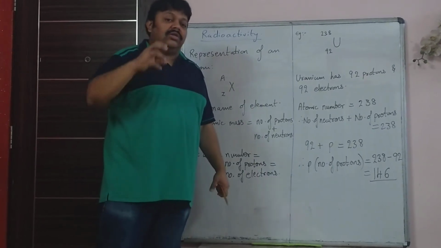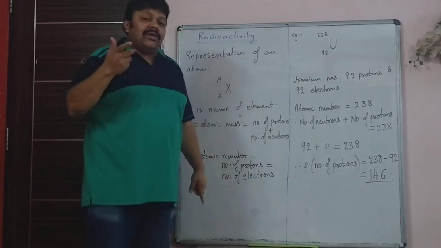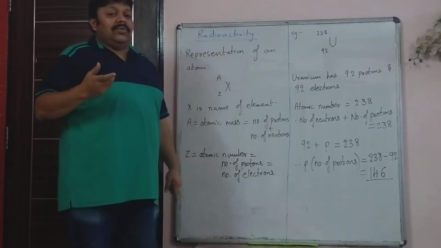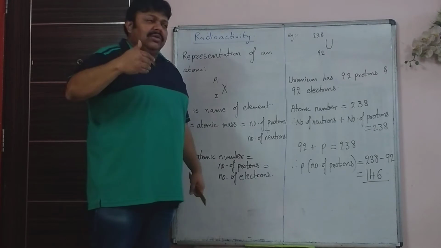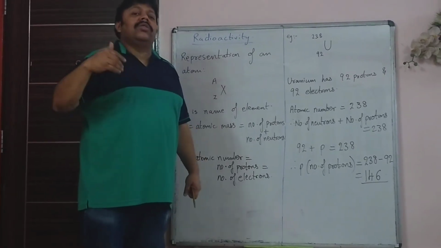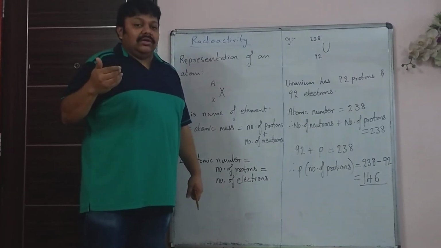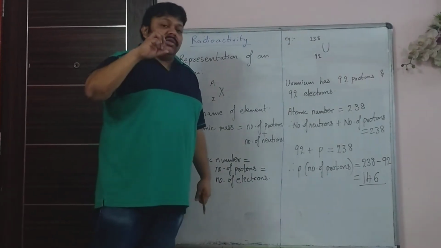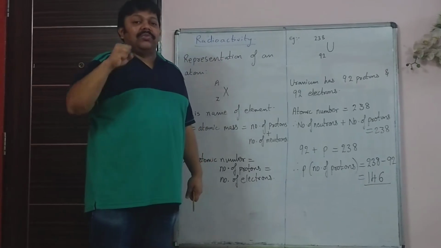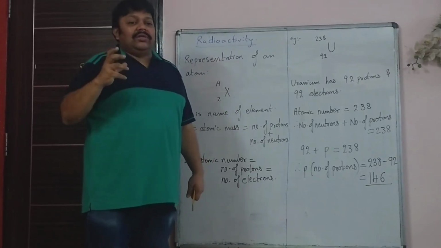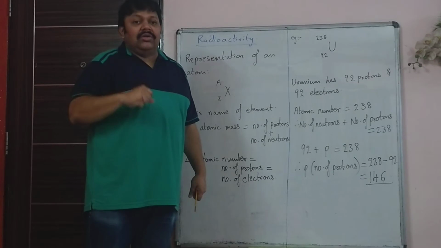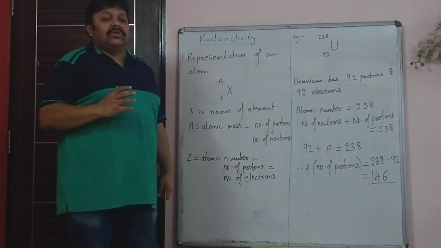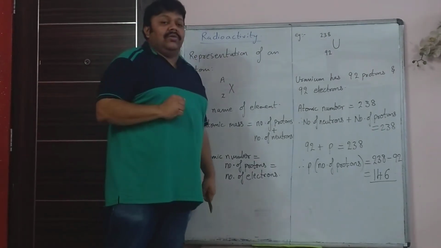What is there in the nucleus? Protons and neutrons. Now there is sometimes some imbalance in the number of protons and neutrons of a stable atom. Many elements have an atomic number of more than 82. 82 is lead. Lead is the last stable element. After that, the nucleus gets so crammed with protons and neutrons that there is some instability in the nucleus, and that is when some particles are emitted from the nucleus. That is what is known as radioactivity.